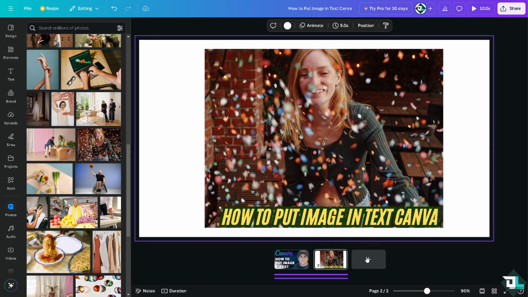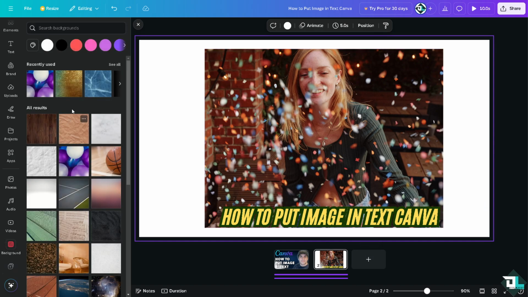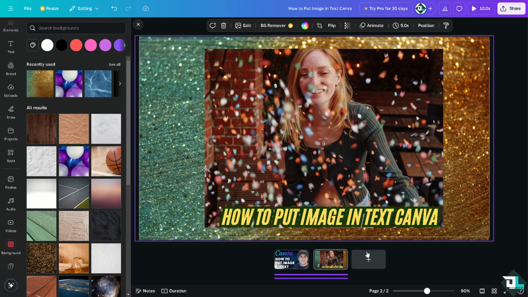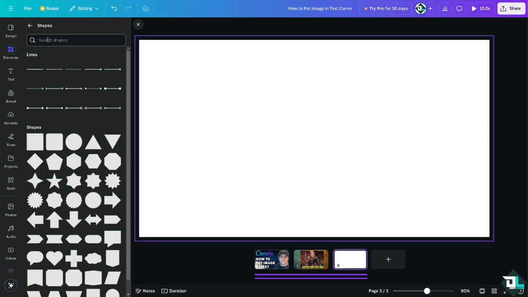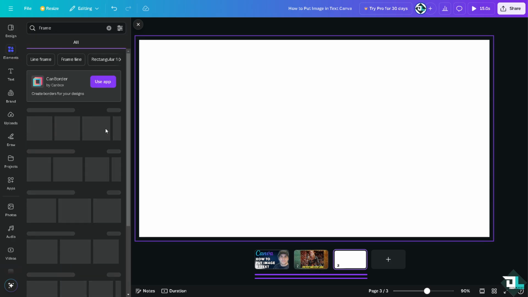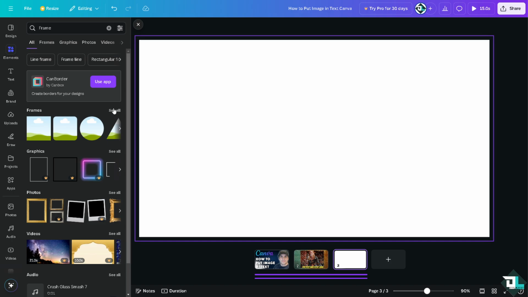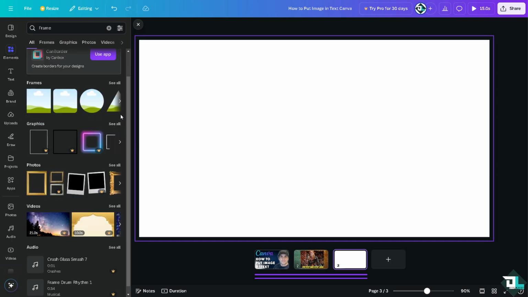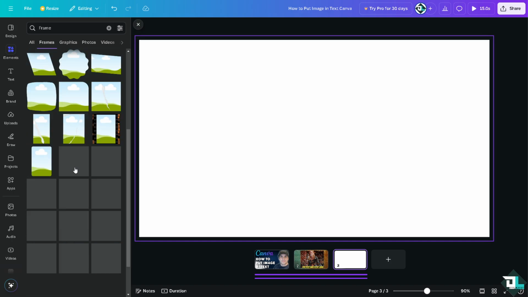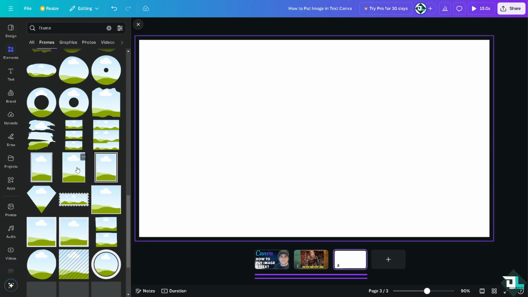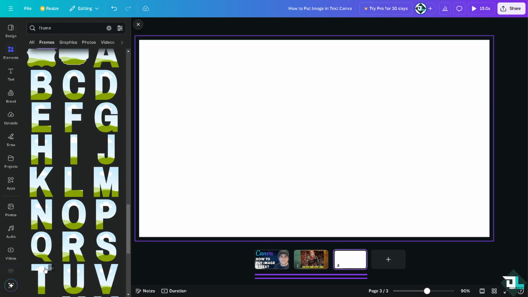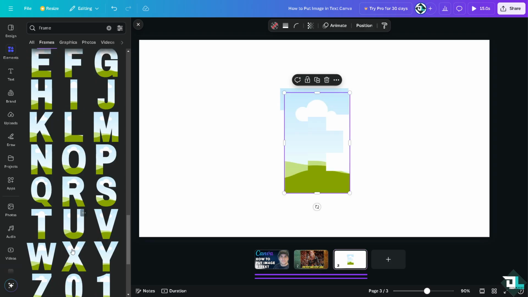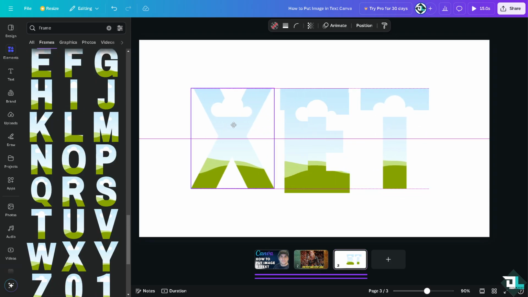Now, another option is to hide the background. I'm going to add another page. I'm going to the elements on the left side panel. I'm going to use the help of frames. Okay, so here I'm going to check the letter character frames here. Okay, I'm going to select all of these. This one. All right,